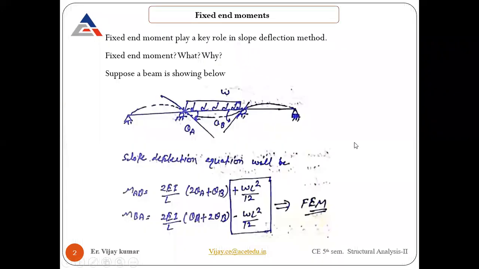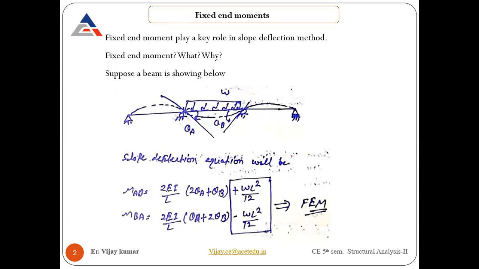So let's move. First is the fixed end moment that we discussed in the last class. From there, I'm going to move further. In the last class, we saw different ways to calculate the fixed end moment in a beam. But here I am going to use a different way, basically by using the slope and deflection equation method, to calculate those fixed end moments. The way we have already seen in the last class,